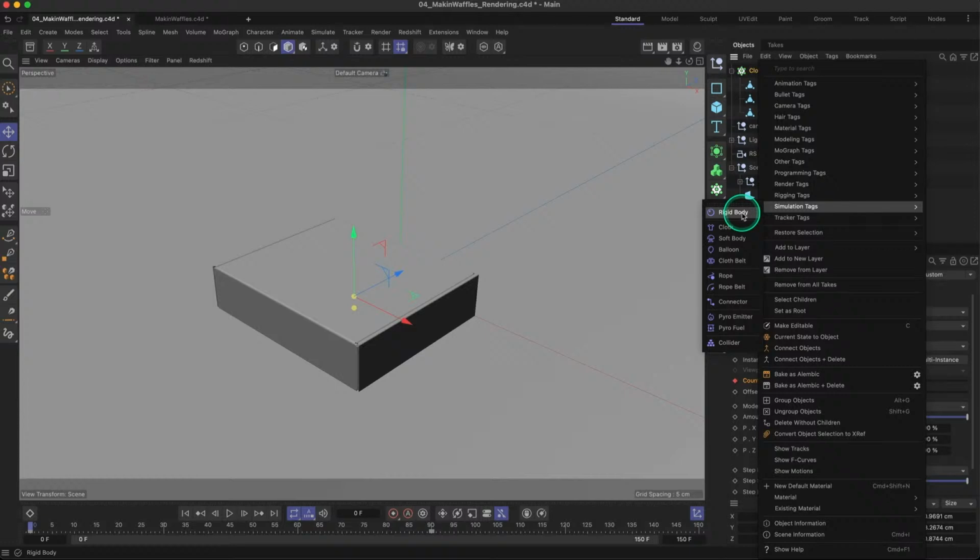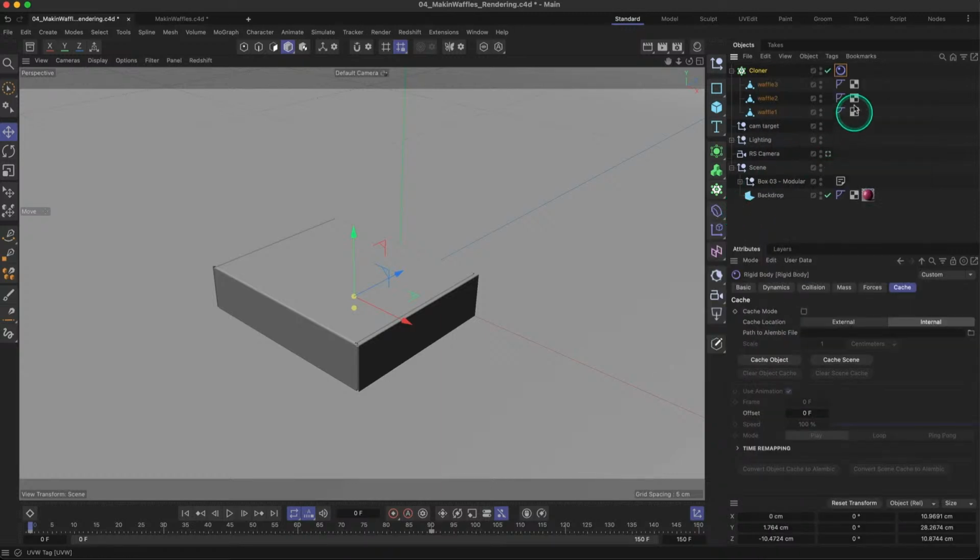Again, it's going to be really simple. We have lots of different options inside of here, and you can check out the Maxon Training Team YouTube channel as well as Cineversity to learn more about all the different simulation types. But we're going to focus on rigid body today. And so this is going to convert our waffles into rigid body objects. So if I press play,